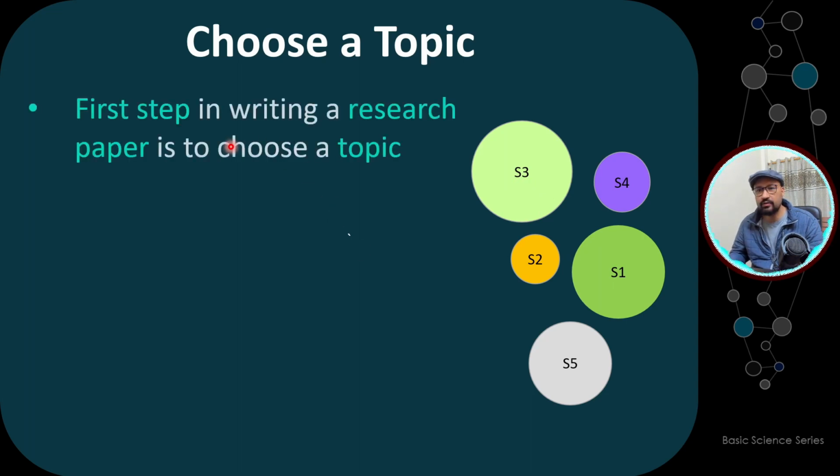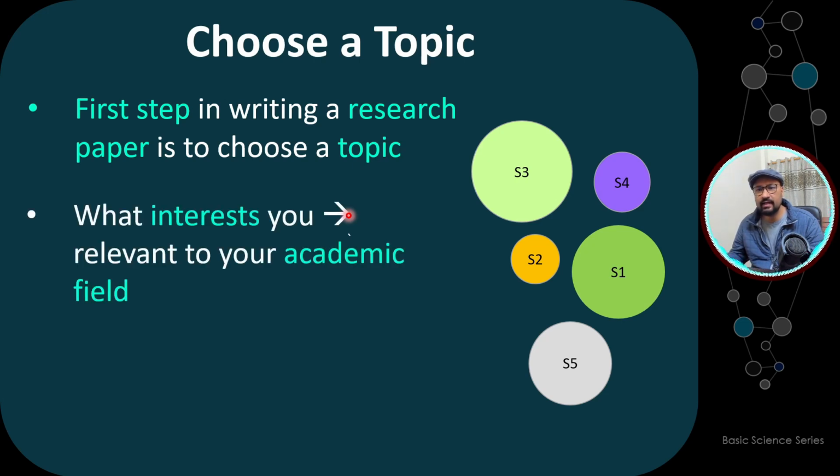Okay, moving on to the next point. The first step in writing a research paper is to choose a topic. It can be any topic, but my recommendation to you is to try to find a topic which is close to the research area of the supervisor. What will happen? Then the supervisor can guide you on that one. Or if you're interested in a topic, you need to find a supervisor who can guide you regarding that particular topic. Otherwise, validation of that research becomes a little bit difficult.